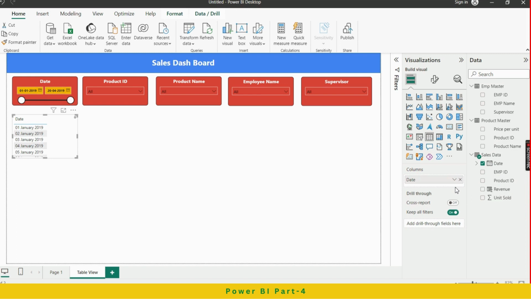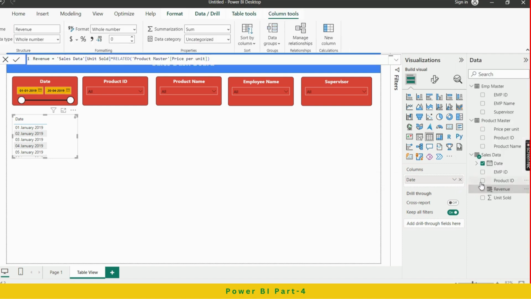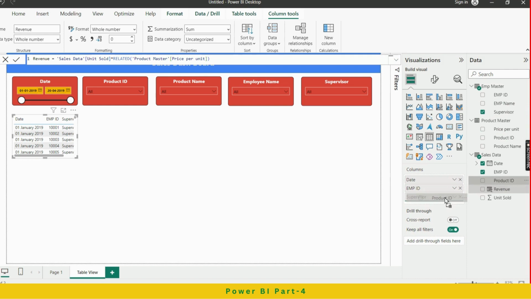Okay, date is ready. I don't know the data hierarchy, so I clicked on this one, so I selected date only. Right, date is ready. After date I'll insert employee ID, supervisor name. So employee and supervisor, then what is the product he is selling, product ID, I will add. Then finally quantity and revenue, units sold,